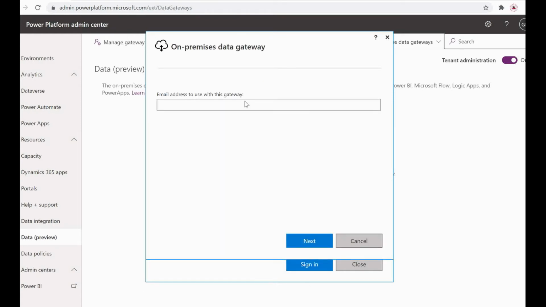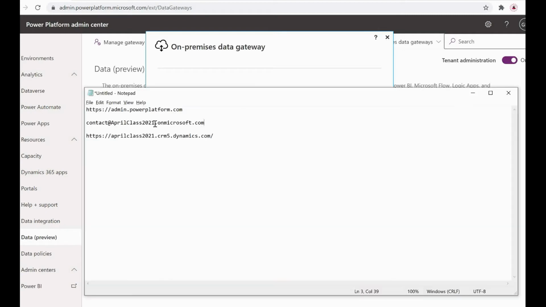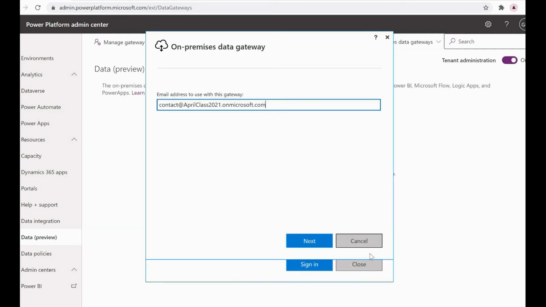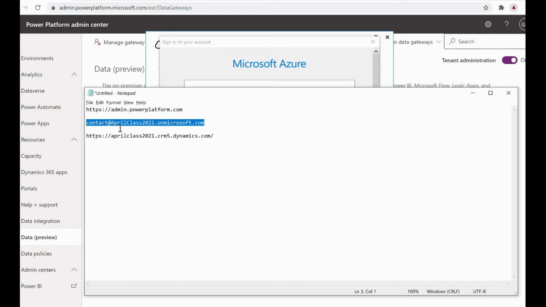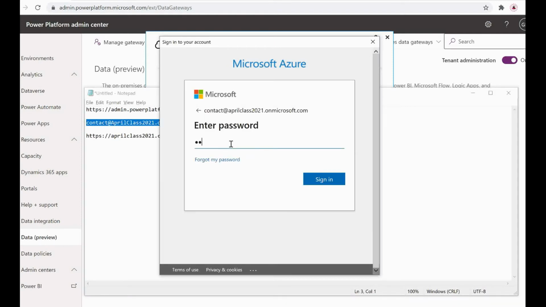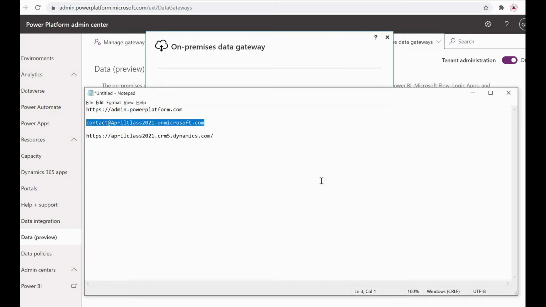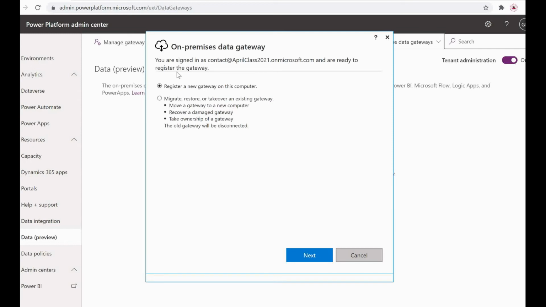I sign in here. We have to register a new gateway.